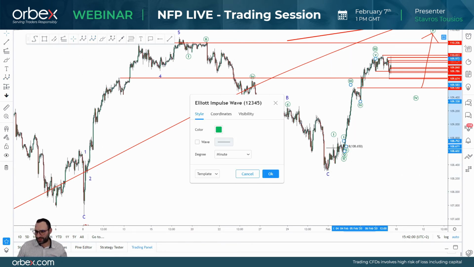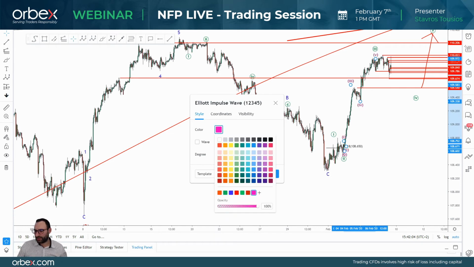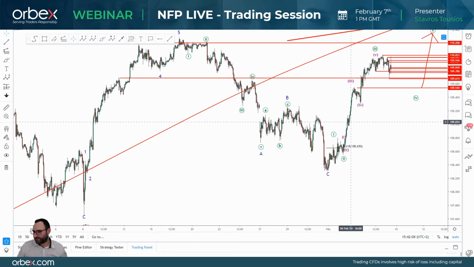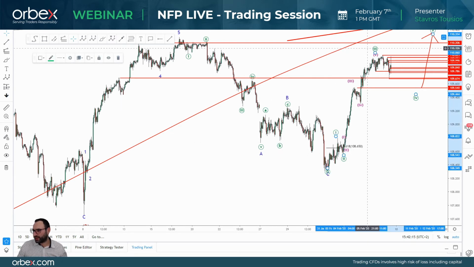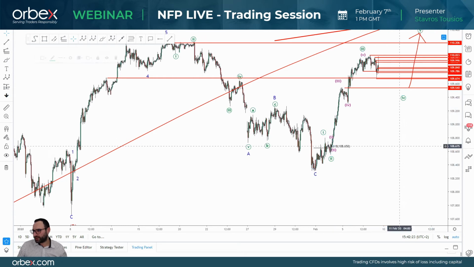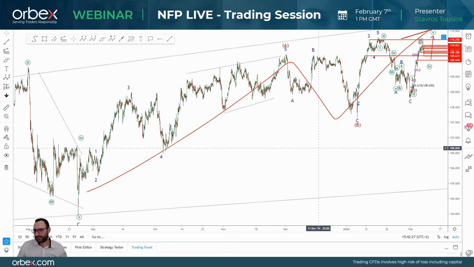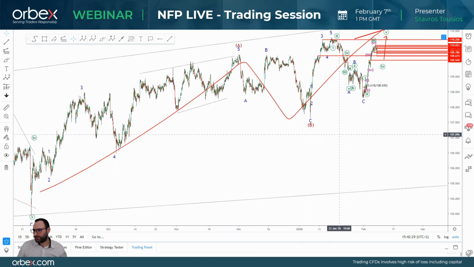Everything is respected in terms of Elliott waves anyway, because even within this minute wave, we have a sharp wave 2 and an elongated wave 4, right? So a leading diagonal over here, 3, we're looking at 4, and then 5. Okay, this means that this is most likely going to be a wave C, okay, and from there, we can start looking for prices at a higher level to move lower.